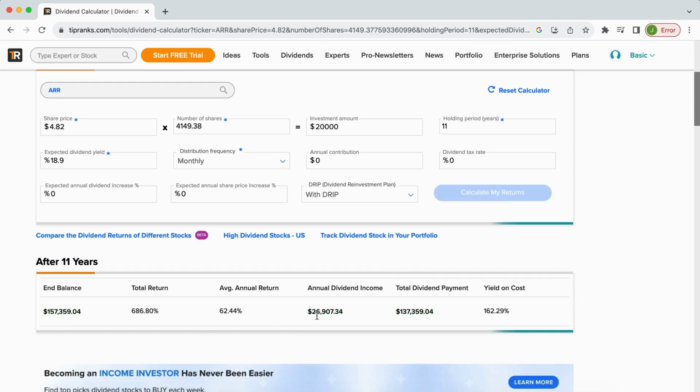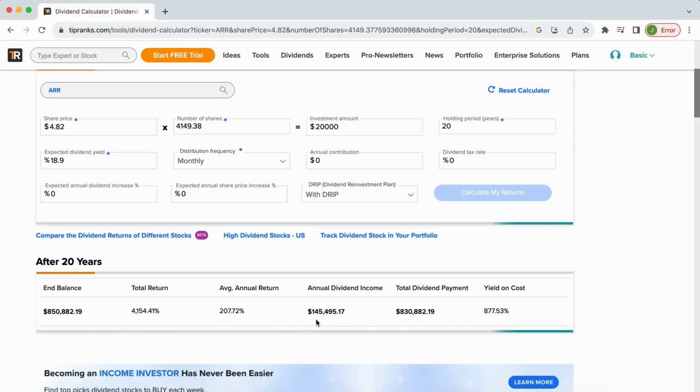And in fact, our annual dividend just continues to increase. So if we hold on to this for 20 years, calculate with the DRIP enabled, we're going to see that we're going to be making $145,000 every year at the end of 20 years. And the end balance is around $850,000. So for each year you hold on to it after 20, you're going to be making over $145,000